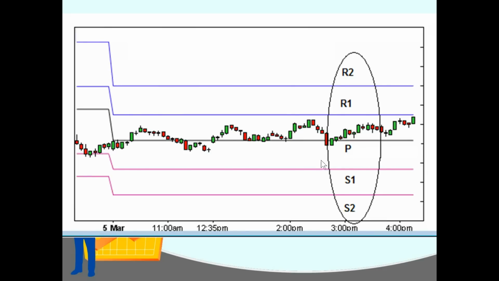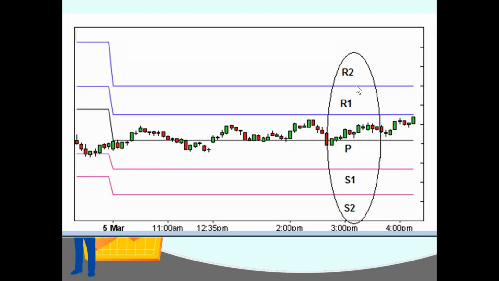So if the price broke above P, the pivot, with conviction, then you could set R1, the first resistance line, as your profit target. And you could set S1, the first support line, as your stop loss. Now if it goes up to R1 and just starts to go sideways or starts to turn around and go down a little bit, you can take profits. But what if it just keeps shooting up and there's plenty of volume and it's just a big green candle above R1? Well, you don't have to take profits there. Why not let your winners run?